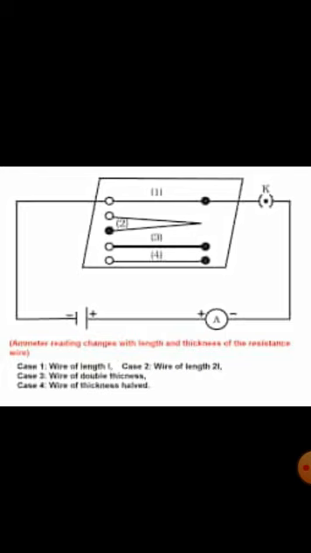Lastly, consider a copper wire of same length and thickness as that of the first one. It should be of the same length and thickness as that of the nichrome wire that we marked as 1. We even need a cell, an ammeter and a plug key. Now connect cell, ammeter and the plug key with the nichrome wire of length L, which we marked as 1, as shown in the circuit diagram.